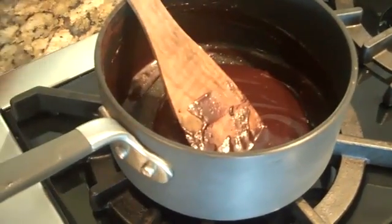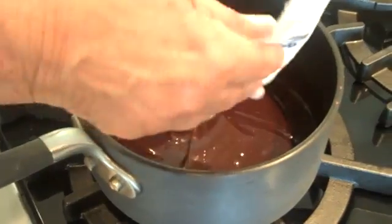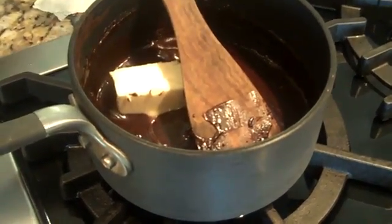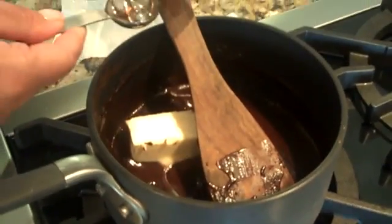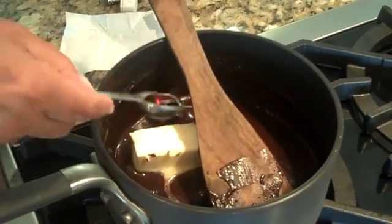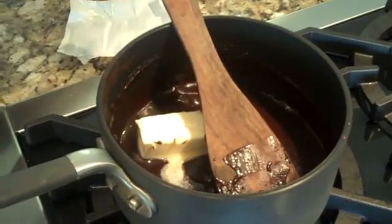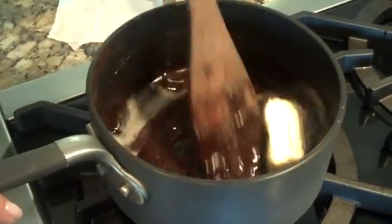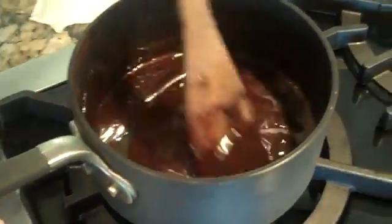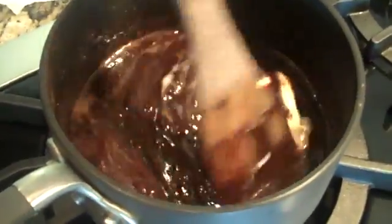And now we're going to add 4½ tablespoons of butter and 3/4 of a teaspoon of vanilla extract. So let's say 3/4, a little less than a teaspoon. There we go. And stir that through. Look at how rich that is, until the butter is completely melted. And you have a fantastic chocolate sauce. The butter is almost melted, and once the butter is melted, we would turn it off the